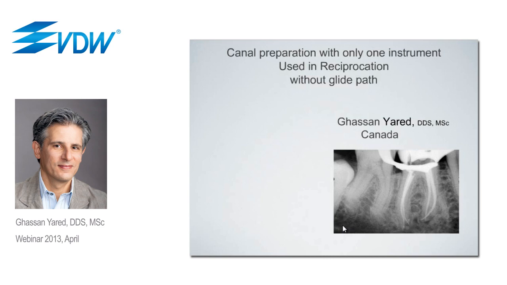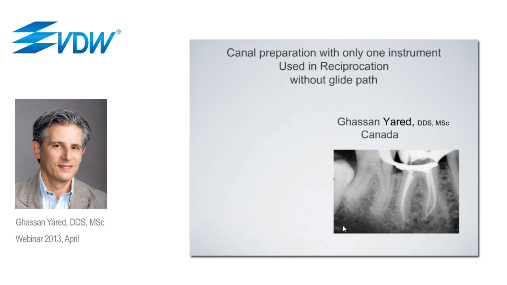Definitely, I want to define what a glide path is at this stage, just to be sure that we understand each other. A glide path is a minimum canal enlargement that is usually required before using a rotary instrument. For most rotary systems, we have to create a glide path to a size 15 or 20 hand file